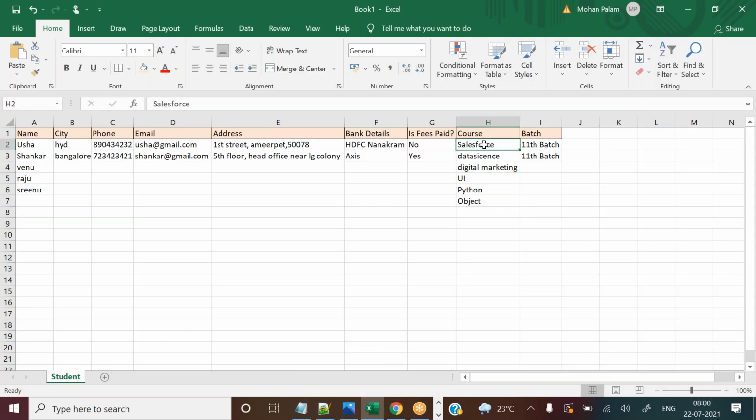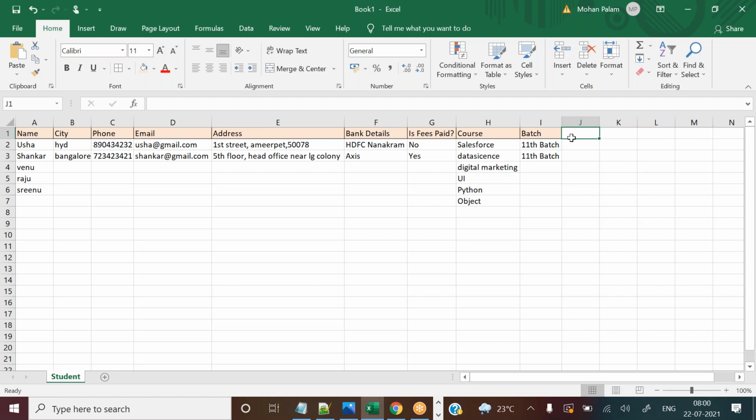And next, I want to go with a different approach, as he mentioned, right? We can go with a separate field, because one person may attend different kinds of courses.